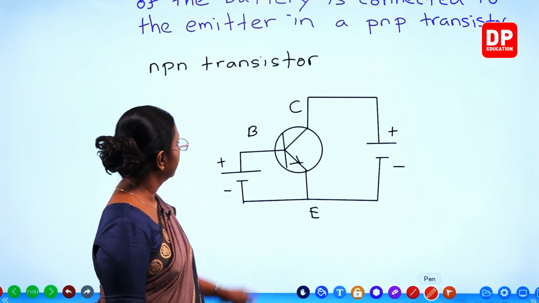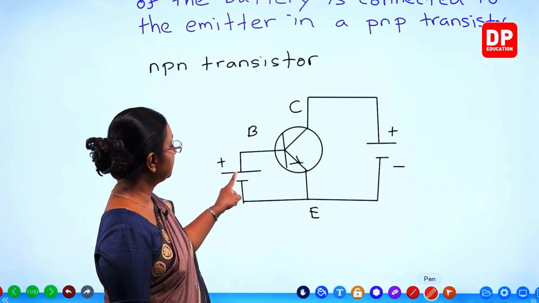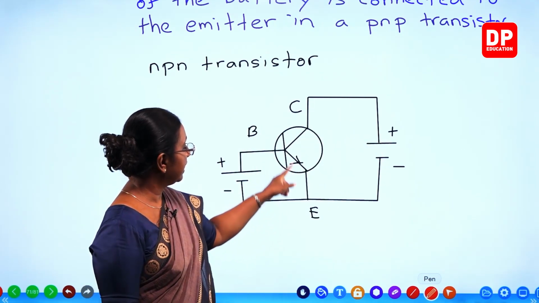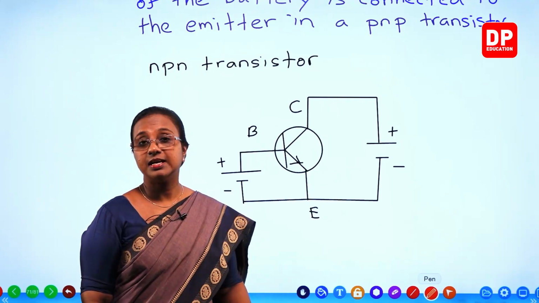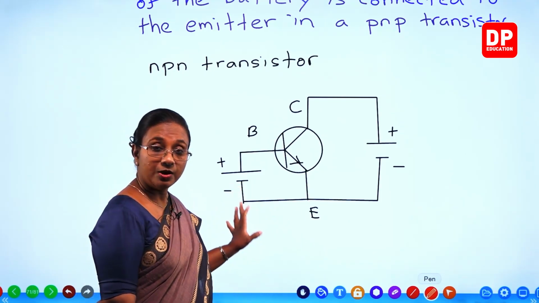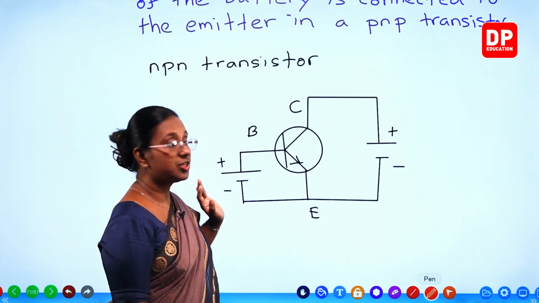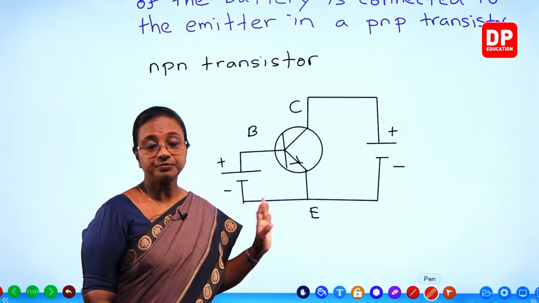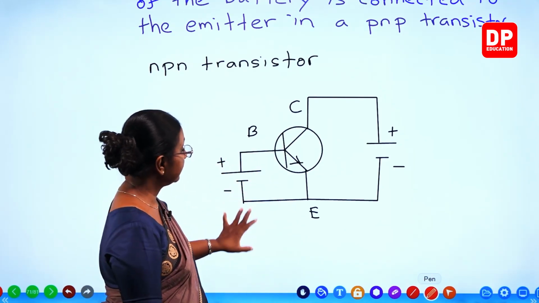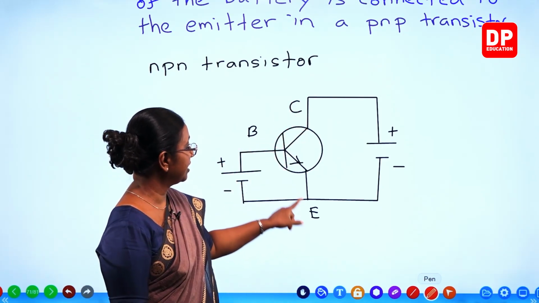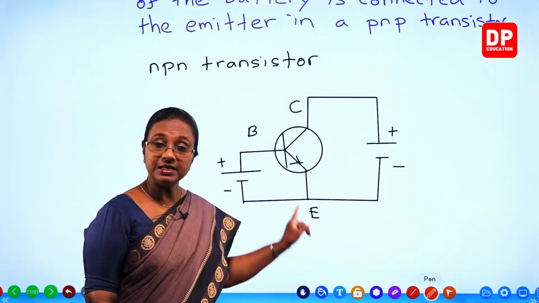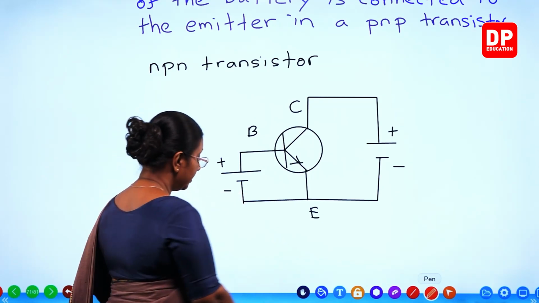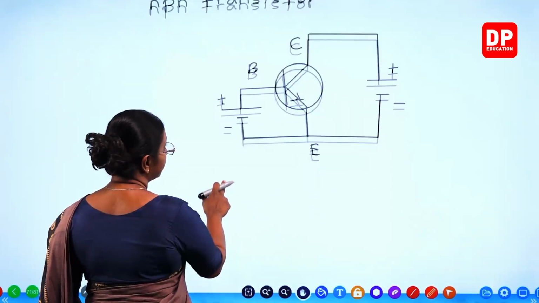Is that clear? So base is connected to positive terminal. The same way collector is also connected to the positive terminal. Emitter is connected to the negative terminal. So here also we supply a small potential difference voltage there and a higher voltage here. Is that clear? And in this, current flows from collector and base to emitter. That is the collector current. Is that clear? So here, if we write the explanation,